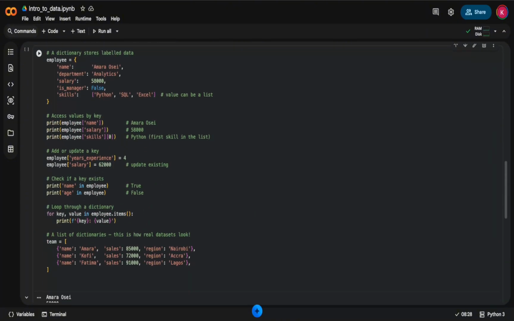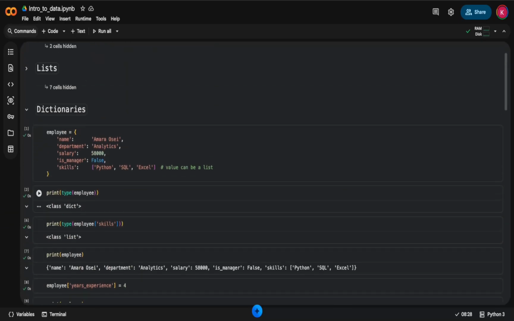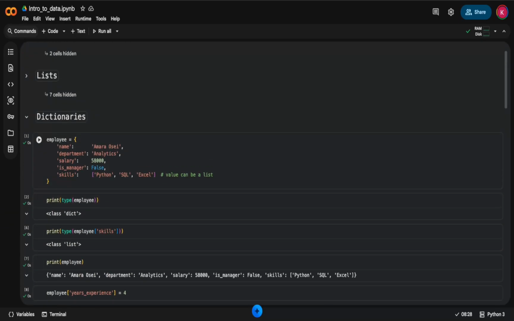So the last thing that I want to talk about is a list of dictionaries. Right here, we saw that we can even create a list inside a dictionary. But right now we are talking about, can we also create a list of dictionaries? So we know the difference,